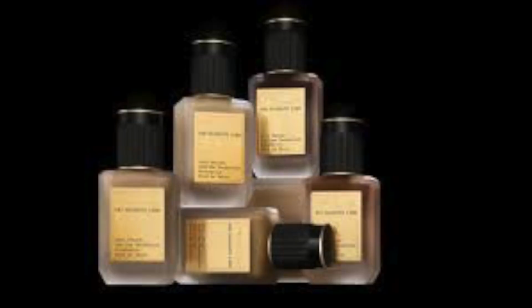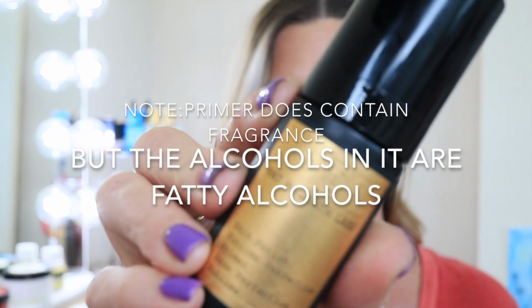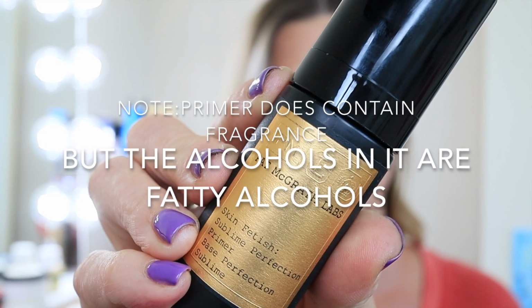So today we are testing out the new Pat McGrath. This is the Skin Fetish Sublime Perfection Foundation. And I am also going to be using the new Pat McGrath primer that she launched along with this foundation. So I'm going to go ahead, put it on, do a full face of makeup, and we are going to do a wear test, check in, and I will give you some final thoughts